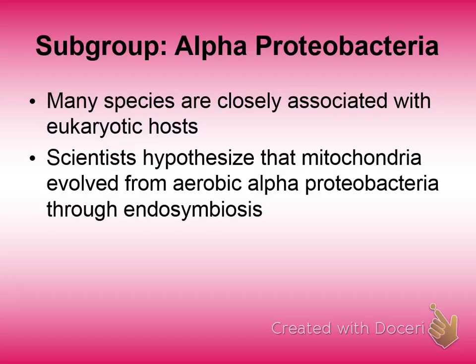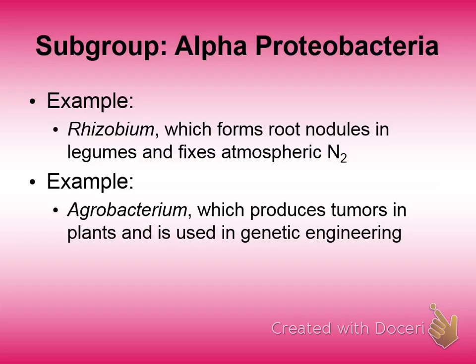So we have alpha proteobacteria. This is where maybe the mitochondria came from. With our symbiotic relationships, the alpha proteobacteria can end up in our cells. Now, we have some simple ones here, the rhizobia. These are the ones that stick on the roots of our nitrogen-fixing legumes, like soybeans, and they convert the nitrogen into usable, fixable ammonia in the dirt.